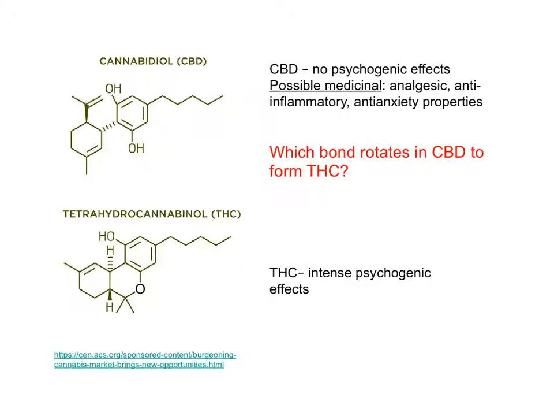Compare CBD to THC. Which bond rotates in CBD to form THC? Stop the video and think about that for a minute. So the bond which rotates like in a conformational isomer is